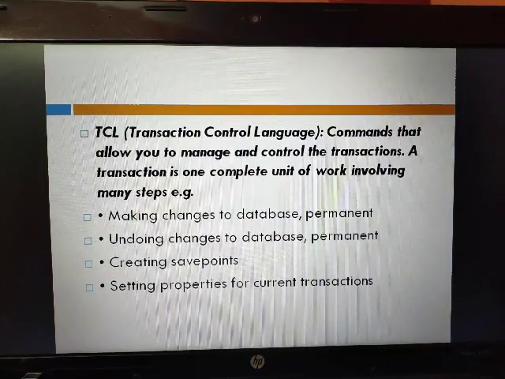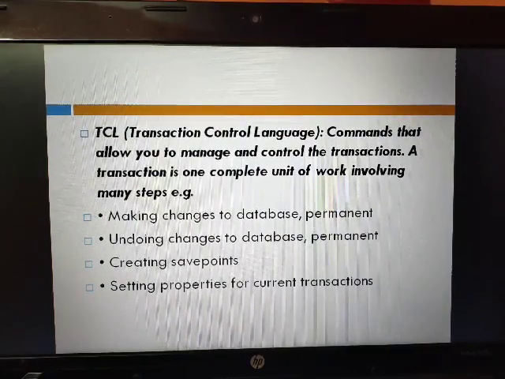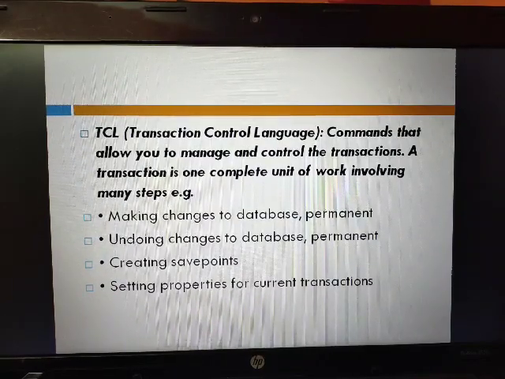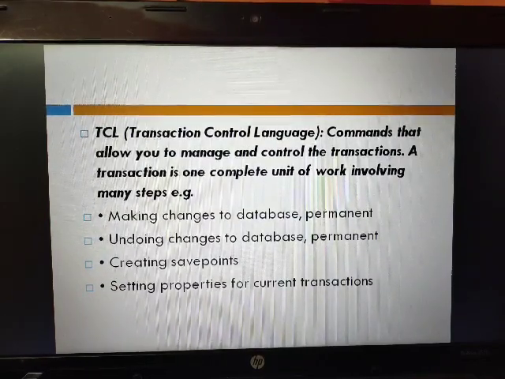Making changes to the database permanent, undoing changes to the database, creating save points, setting properties for the current transaction.